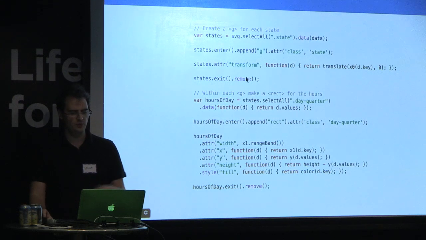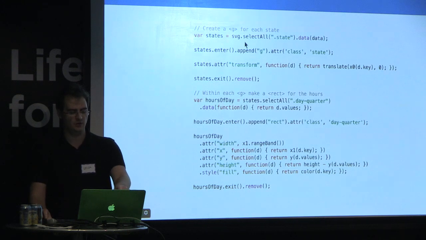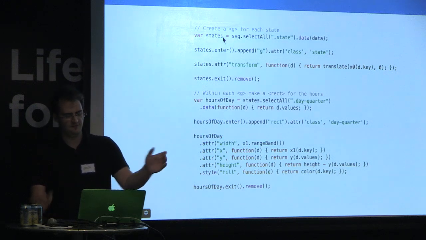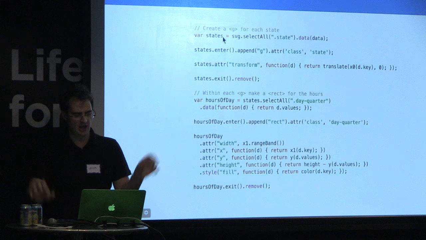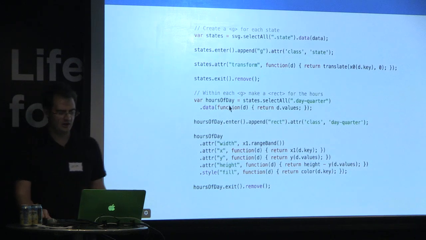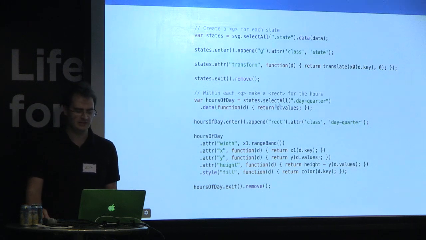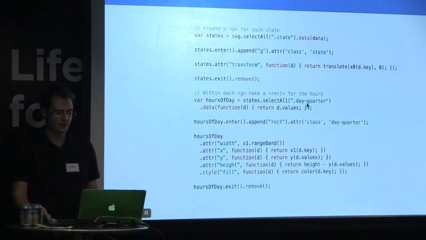If you didn't care for D3 much, you could do this with a for loop, right? But at this point, you would have to nest the for loop inside of the other for loop. What D3 allows you to do is just say, I have the states that define the state containers, and within each one, I'm going to populate it with the hours of the day for that state. That's a very powerful thing. And you know that you're dealing with nesting whenever you see data being specified as a function. So here, data is taken from values.